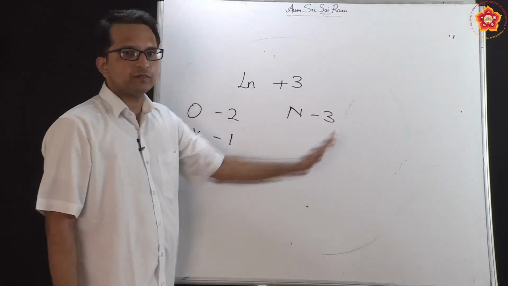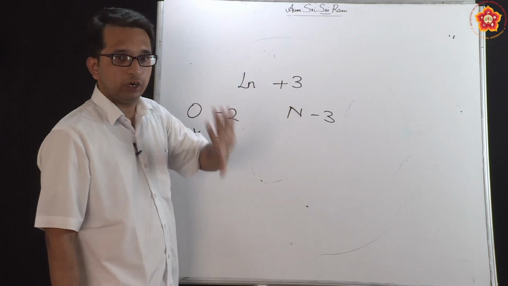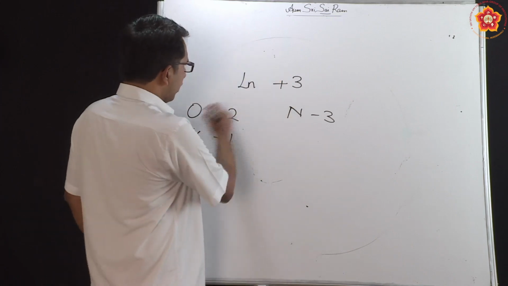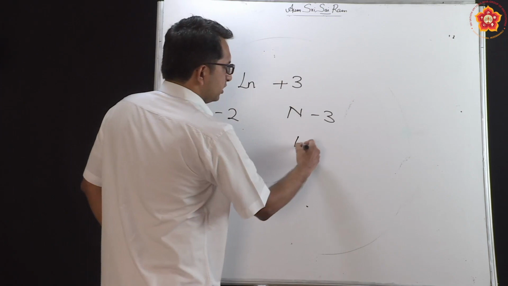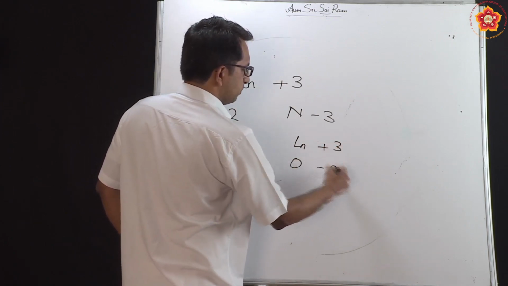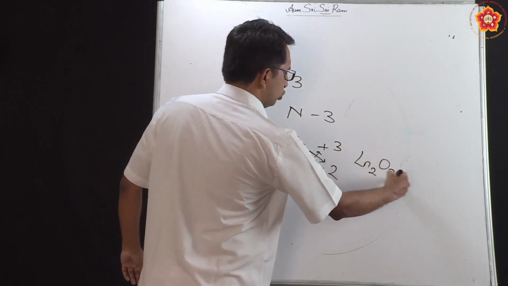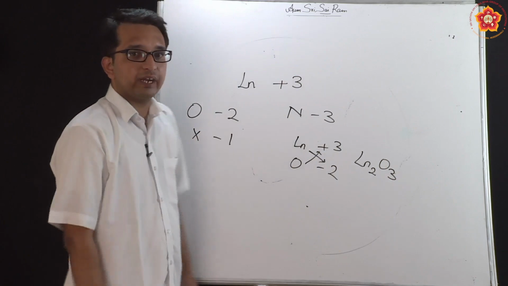So these types of systems will react with lanthanides correspondingly. For example, if I have to form a lanthanum oxide, lanthanum is in the +3 state and oxygen is in the -2 state. When I cross it, it will be Ln2O3. This is the type of compound that I can form.